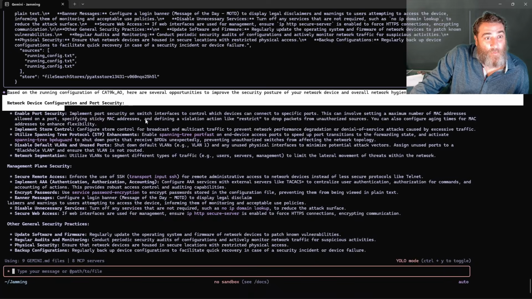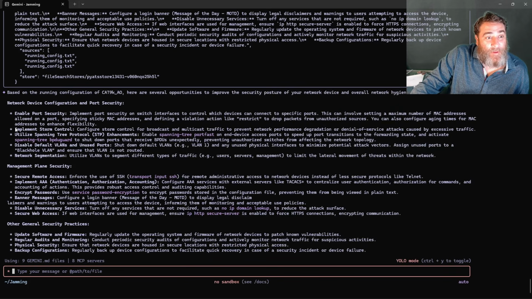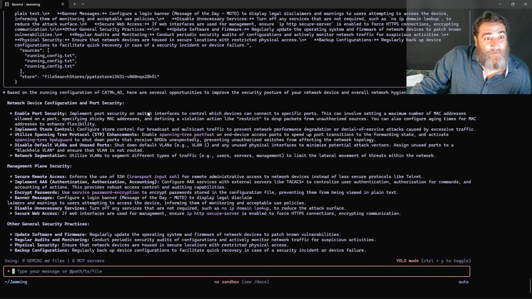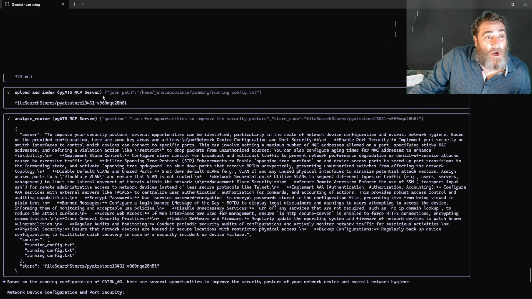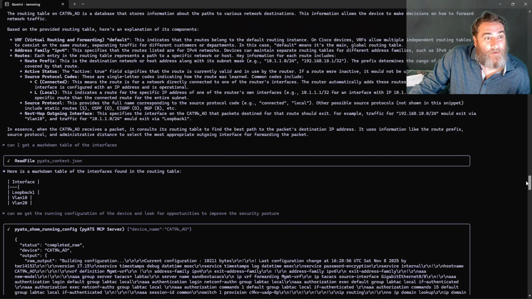Now we get this wonderful breakdown of enabling port security, implementing storm control, using STP enhancements, disabling default VLANs and unused ports, some segmentation, some management plane security, some other general security practices, all based on the analysis of the running config of this one device through natural language augmented. All right, so I don't know what all this is. I'm sorry about all this here, but